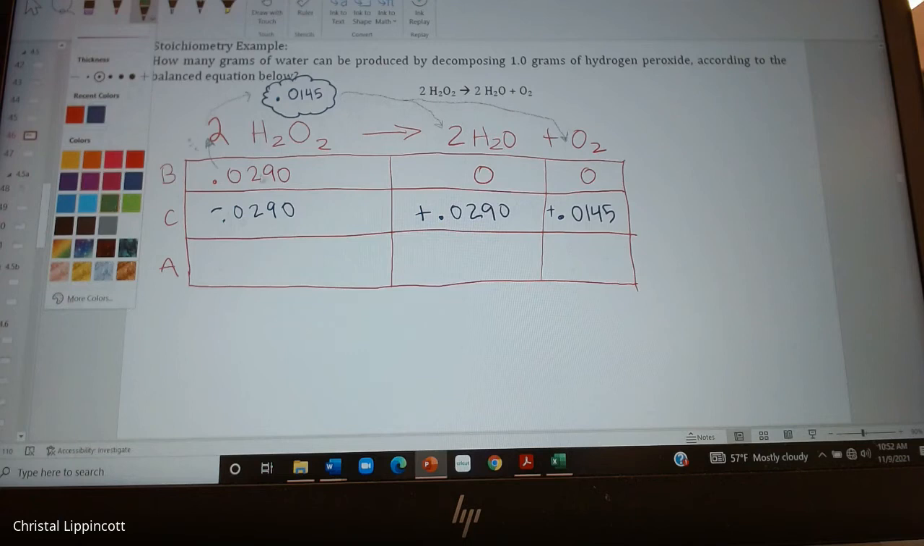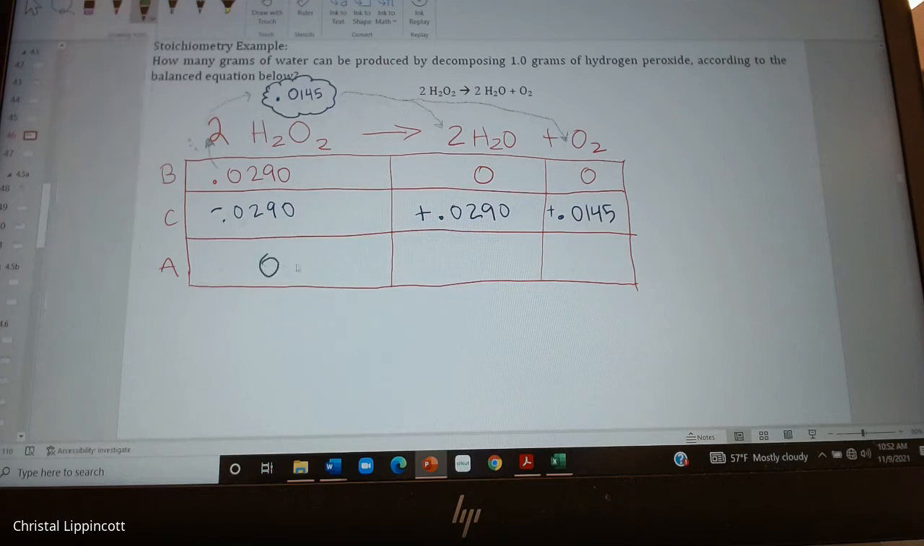So for here, I take this, I subtract this, and I end up with 0. Here I've made 0.0290 moles, and here I've made 0.0145 moles. They want to know how many grams of water can be produced. So I'm going to take this value and do what with it? Because they wanted to know grams. How do I turn it into that? All right, so I'm going to multiply this by 18.0, which is the molar mass of water. And when I do that, I end up with